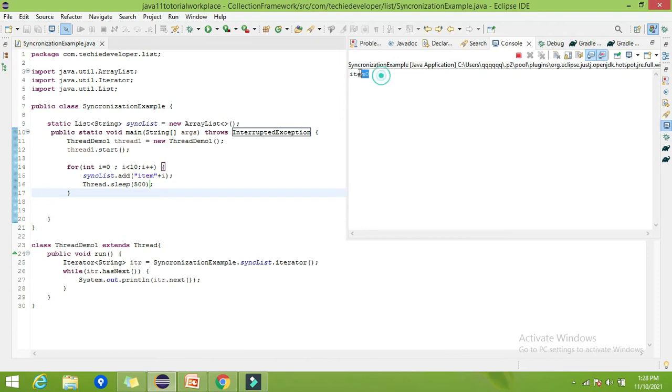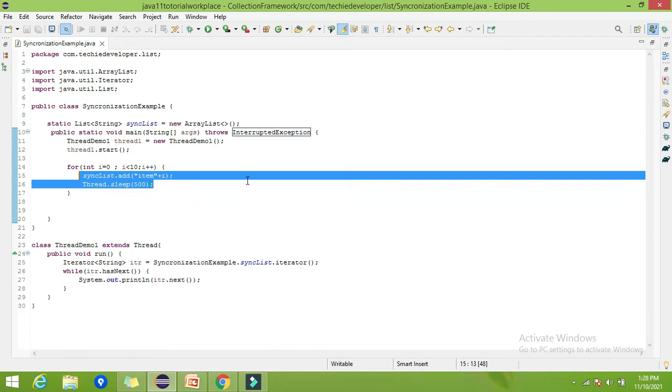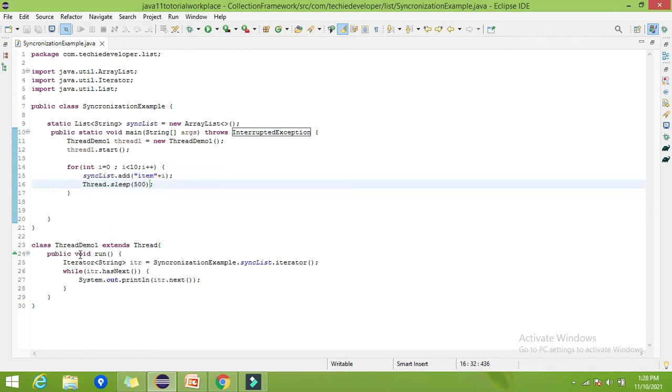So here you can find, because it has sleep for 500, consider in a real-time example you may have thousands of lines here in the for loop. Threads run in parallel, it's not executing one by one. It can be executed one after another, once the first thread has done its execution we can start the second thread execution.